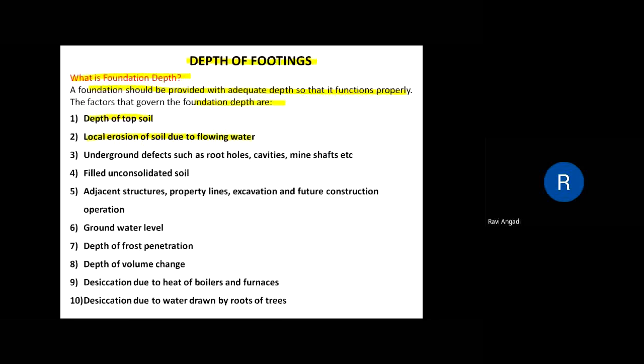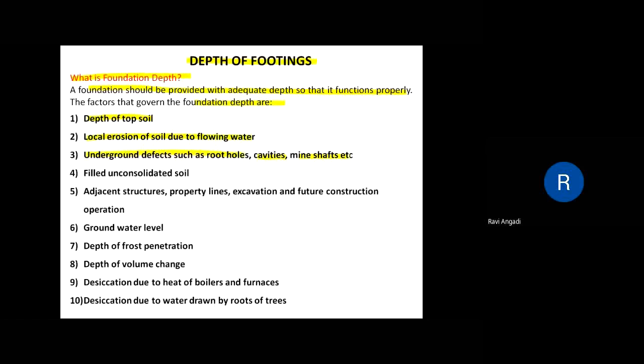The factors that govern the foundation depth are the depth of topsoil, then the local erosion of the soil due to flowing water, underground defects such as root holes, cavities, mine shafts, etc., filled unconsolidated soil, adjacent structures, property lines, excavation and future construction operations,